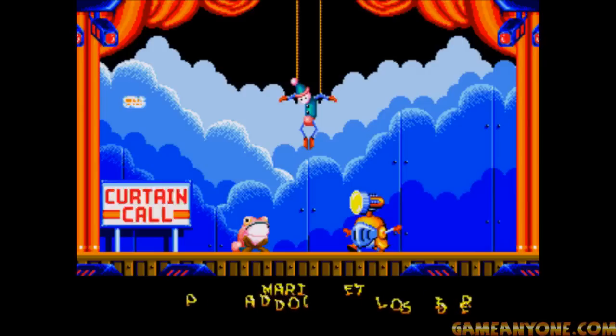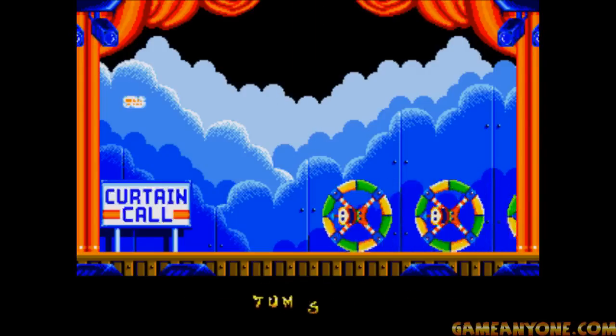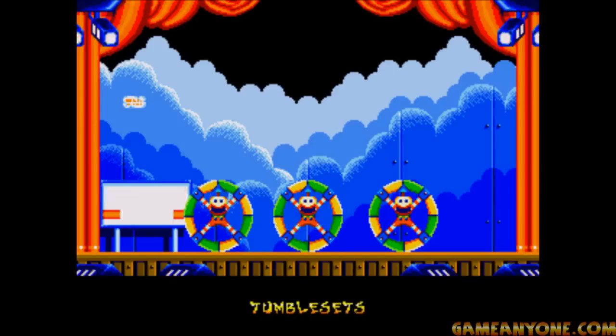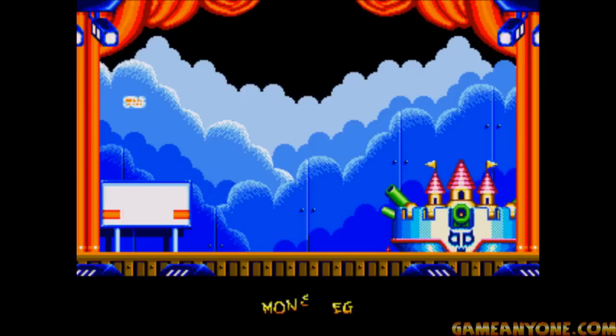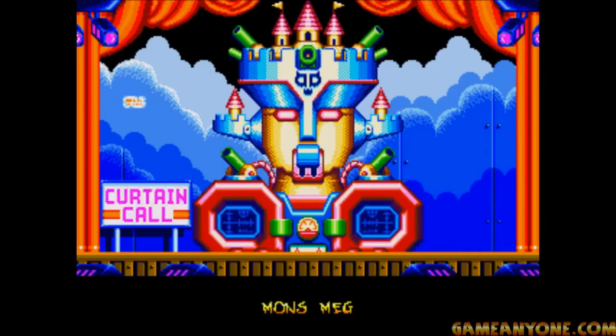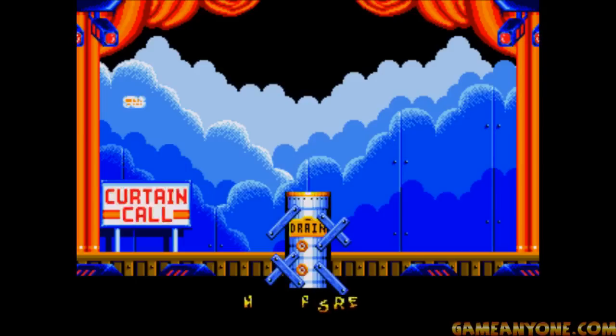We got the guys, well, I guess this is Act 3, so we are moving around a little bit anyway. Oh wow, that's Act 4 even. Yeah, the tumble sets, the guys that rolled around when you hit the thing. I don't know. Oh, Mons Meg. Okay, well, I was a little way off, but at least I had the Mon part right. I have no idea where I got that name from, but...